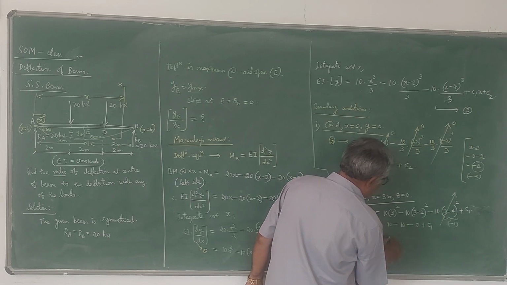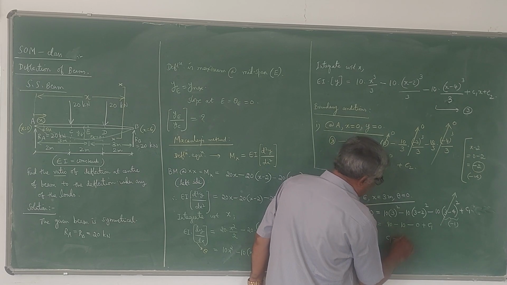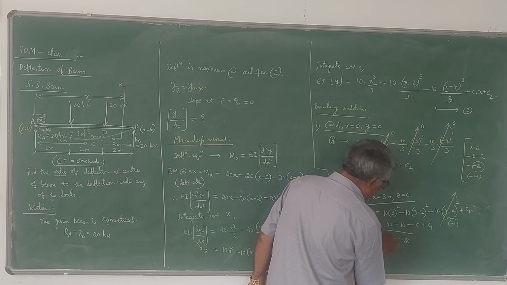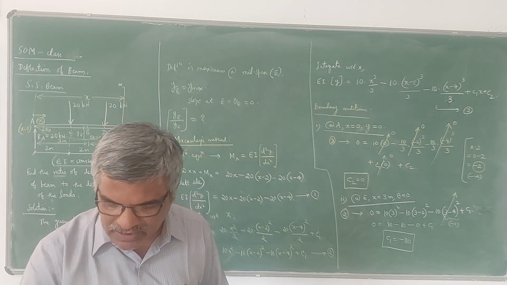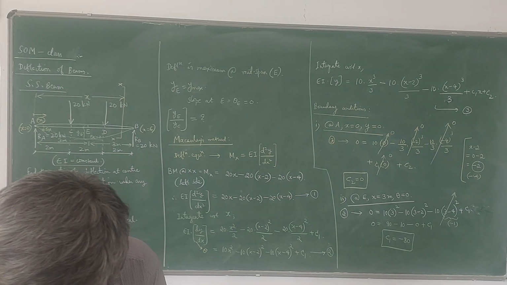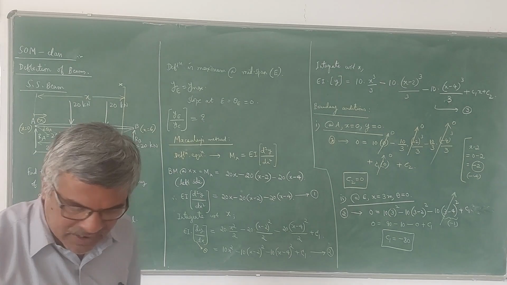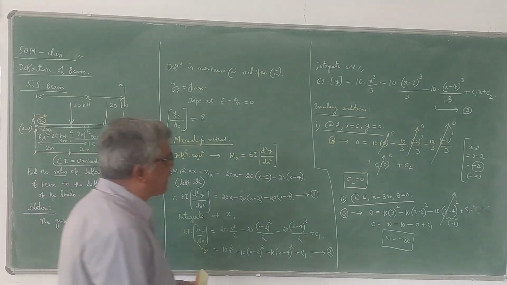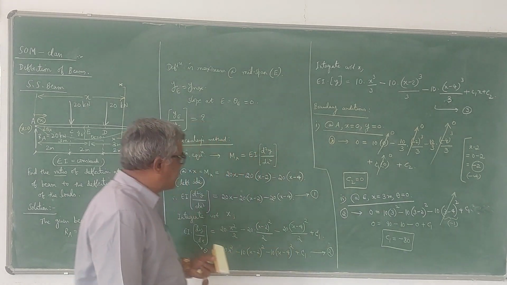So therefore, you can get C1 as 90 minus 10 is 80, so minus 80. C1 is minus 80. So we got both C1 and C2. C1 value is minus 80, C2 value is 0. Once we get these two constants of integration, now substitute back in equations 2 and 3 to get the general